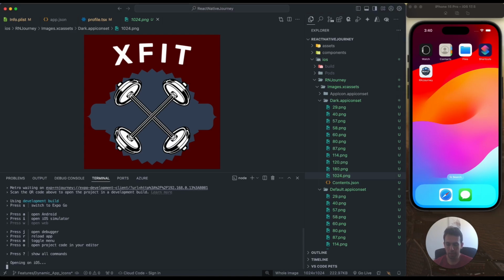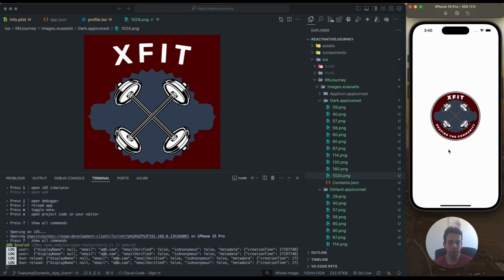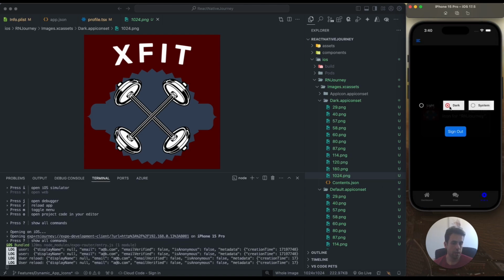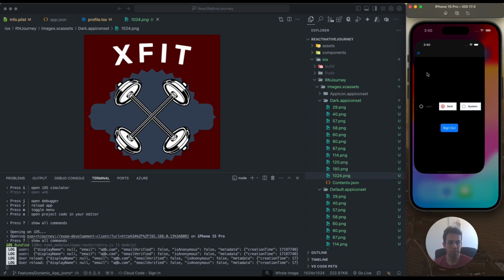If I open it the next time, then I can go ahead and change this. So obviously right now these are the selections that I have based on the theming of the app, not necessarily the icon name. So as you can see, like if I